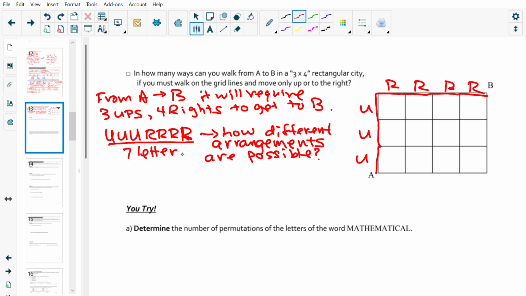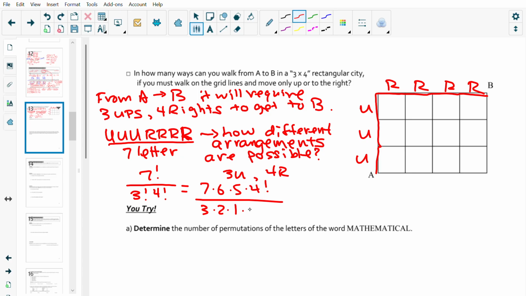7 letters. Okay, there are 3 U's, 4 R's. Divide out the repeats. 3 factorial, 4 factorial. 7 times 6 times 5 times 4 factorial over 3 times 2 times 1 times 4 factorial. Cancel. Do all the math there. I get 35 different